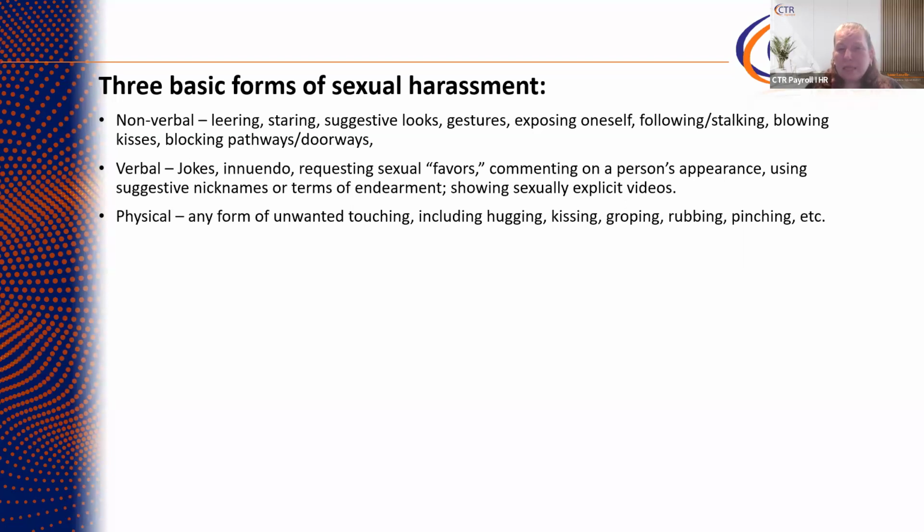Now, some of this, it says hugging. Does that mean I can't ever hug a coworker? Or the verbal says, hey, you can't comment on a person's appearance. No, remember, this has to be unwanted. And if I say, wow, Anne, that's a really pretty dress today, that doesn't mean that I have just been sexually harassed, right? That's a one-off, really mild comment. Unless this happens all the time or starts to be suggestive, hey, wow, that's a nice dress. It's not harassment. We can give somebody a hug who's had a new baby or just got engaged